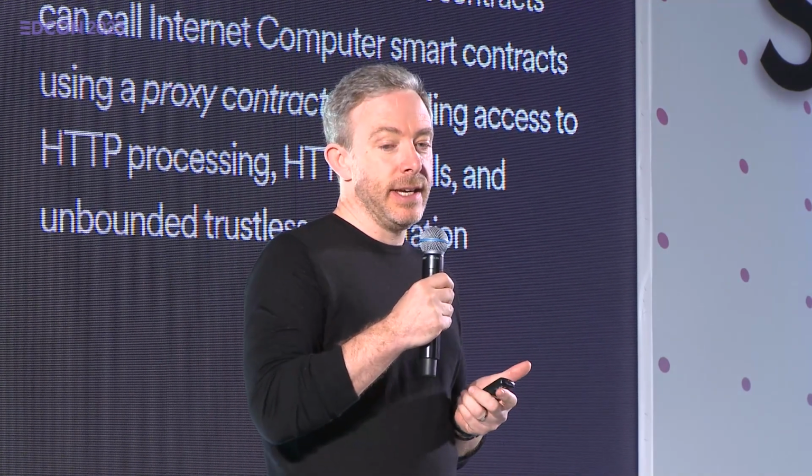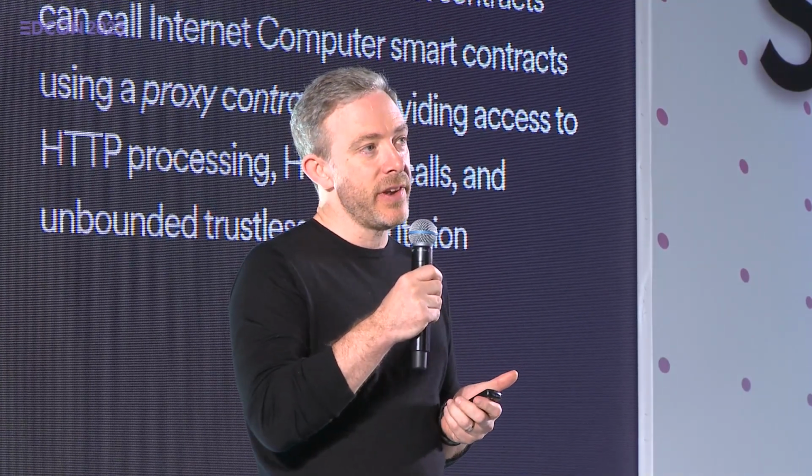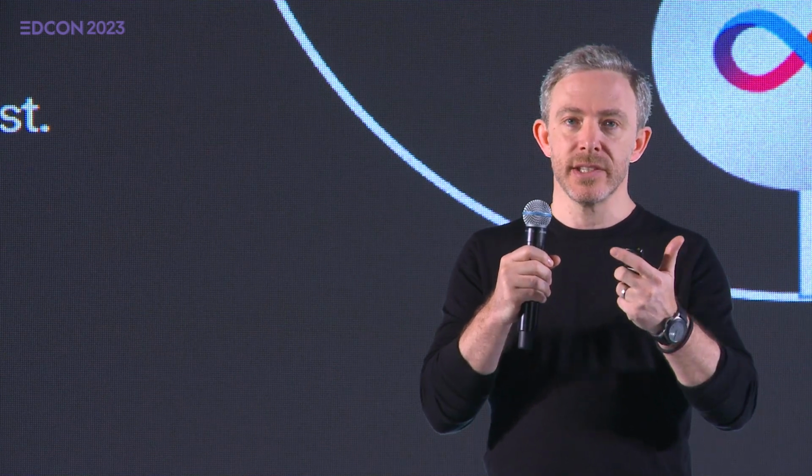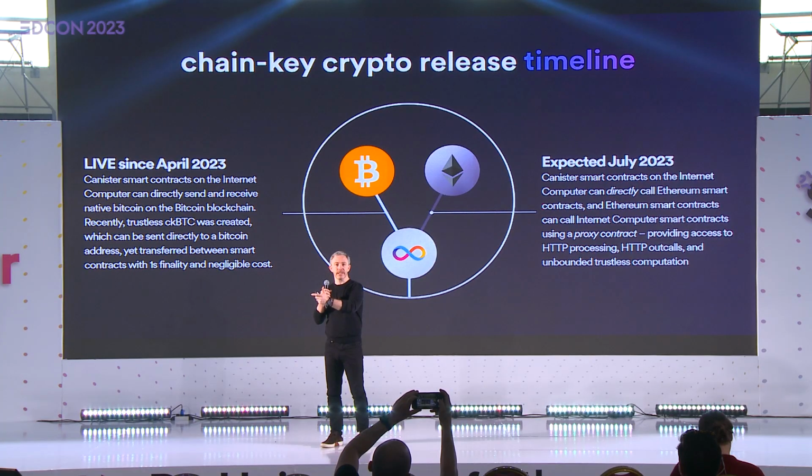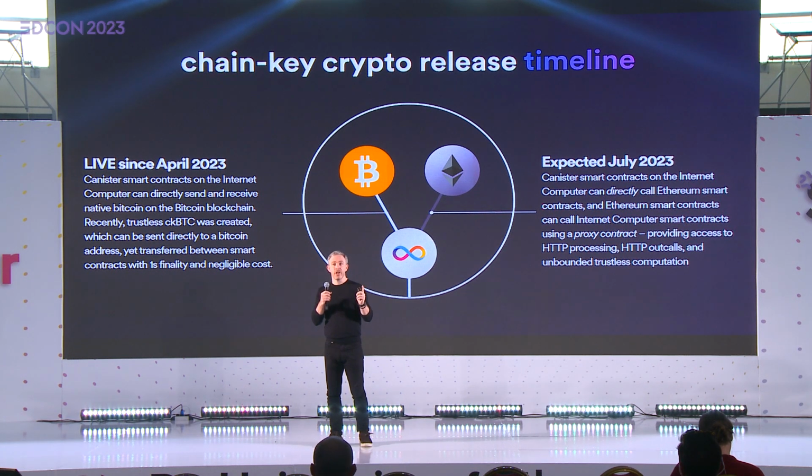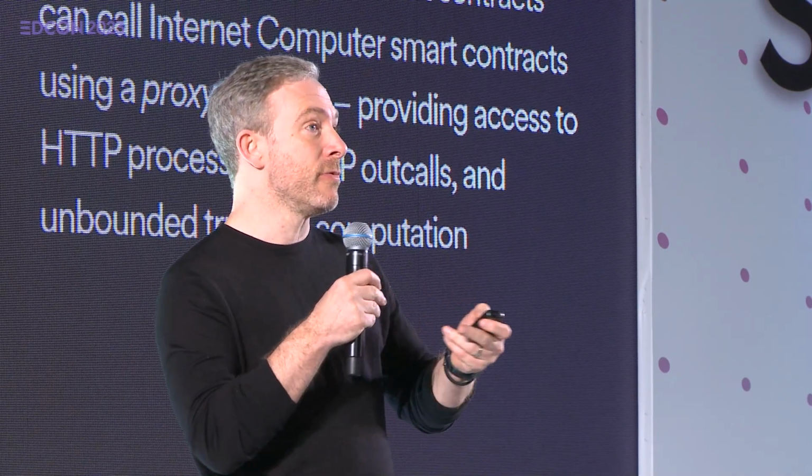The next phase is integrating with Ethereum, again at the network level. You're going to have bidirectional calling between canister smart contracts on the Internet Computer and EVM smart contracts on Ethereum. And this bidirectional calling will be possible without a bridge. So you'll only be exposed to the security concerns of two different blockchains rather than additionally being exposed to the concerns of a bridge. And that's a very, very big deal. It also removes all the latency and things like that.